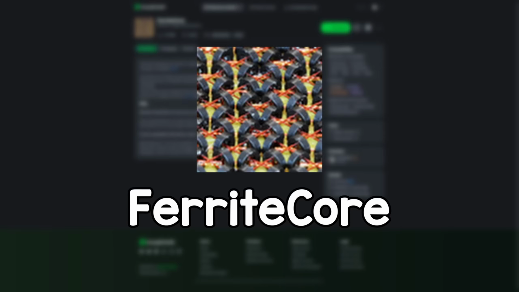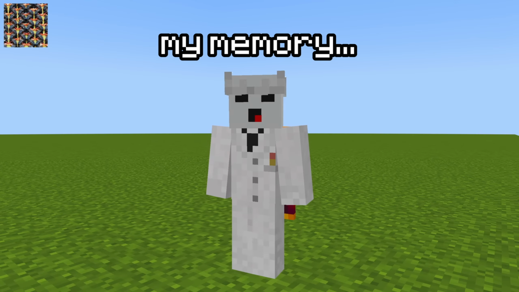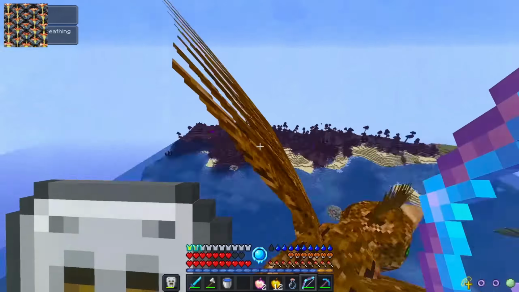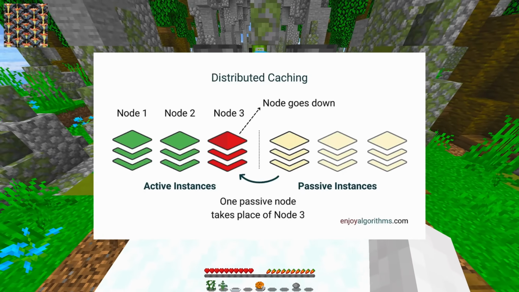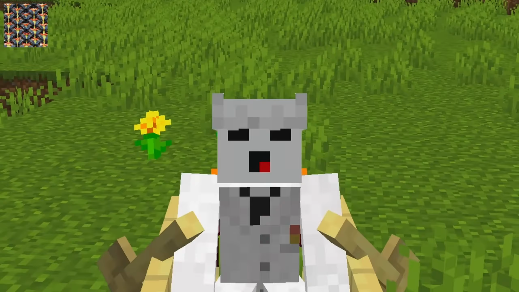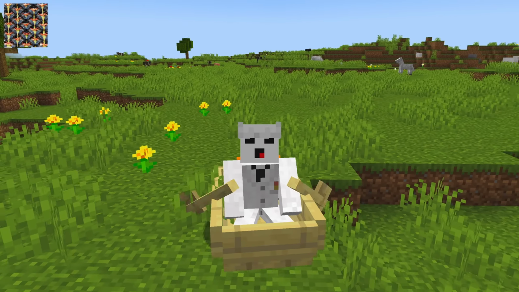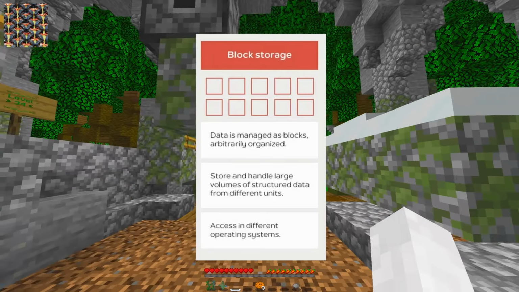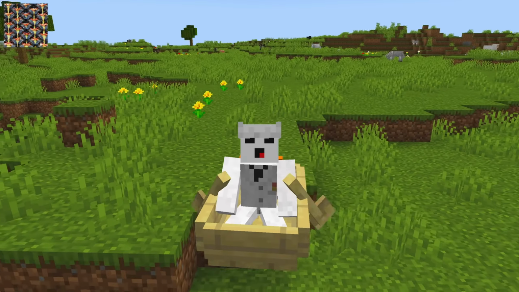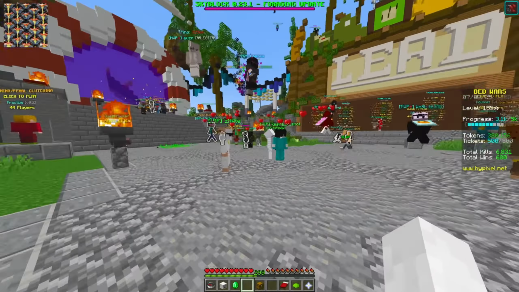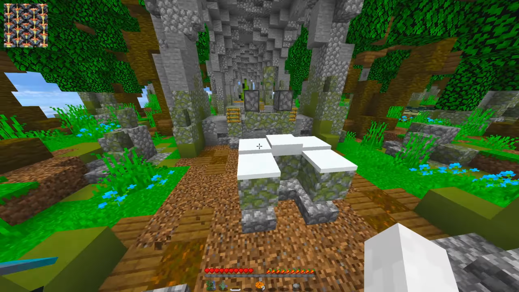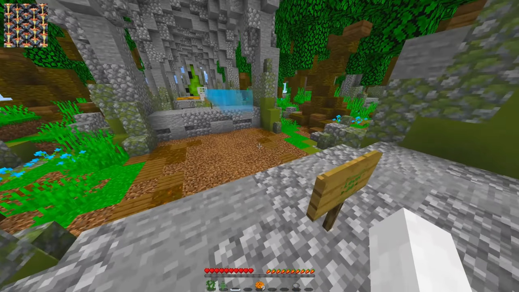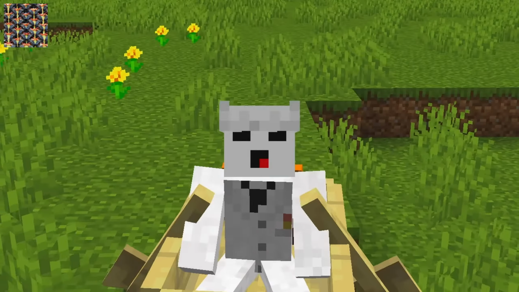The next mod is Ferrite Core. Ferrite Core is a mod designed to reduce memory usage, especially in larger mod packs. It achieves this by replacing inefficient vanilla data structures and caching systems with more compact, performant alternatives. For example, it reduces memory from excessive optional usage, optimizing block state storage and neighbor lookups. These changes save hundreds of megabytes of RAM, particularly on the client side during rendering, but also it improves memory use on servers by streamlining chunk NBT handling. Now, what all that essentially means is that memory will be more efficient, which means more frames, which is all